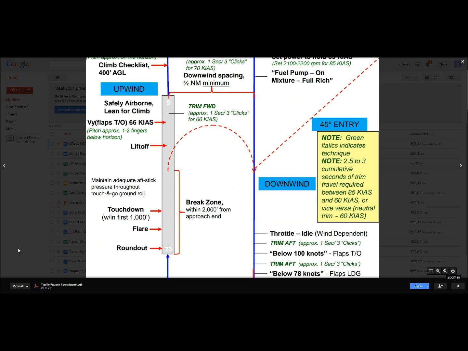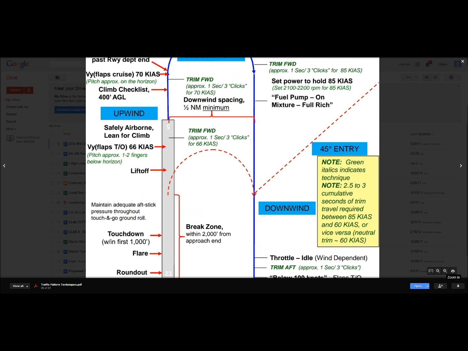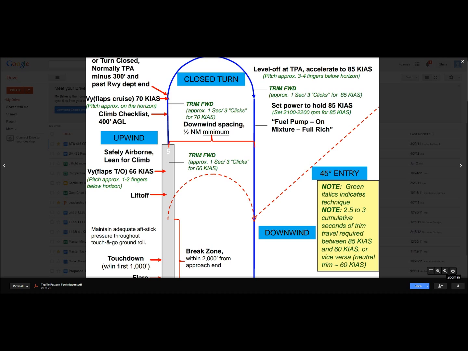So when you take off, when you're over the runway, usually it's called upwind. It's called the upwind portion of the traffic pattern because you're taking off into the wind. Gives you a little bit of that extra lift so you can get off the ground. Essentially, after you take off, you're going to be cleaning up the airframe. So your flaps and your gear, you're going to be retracting that